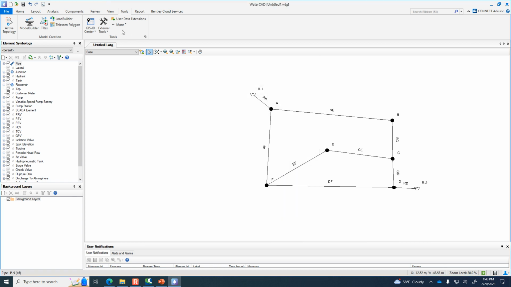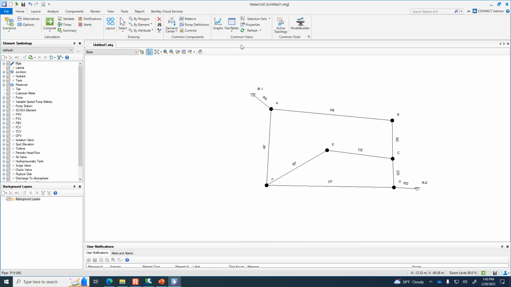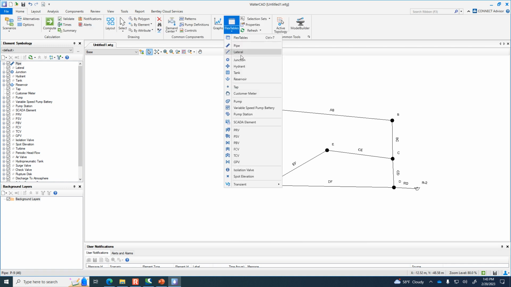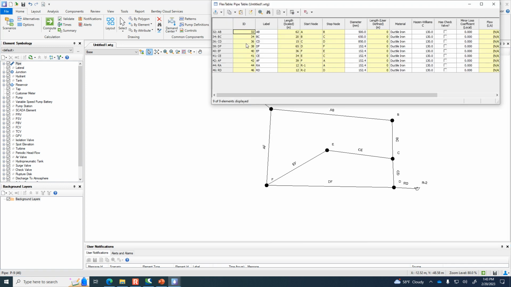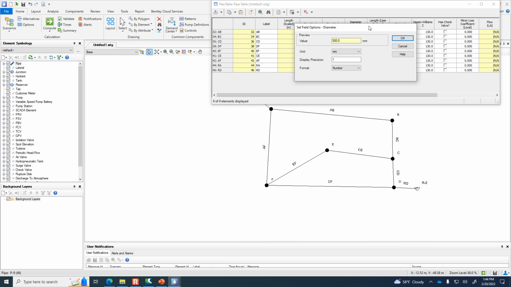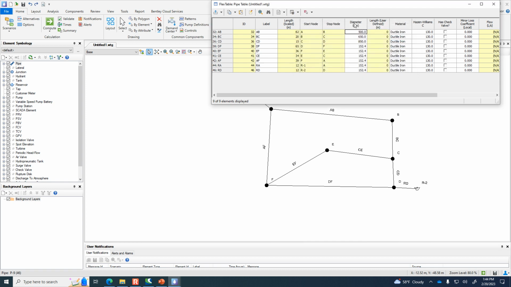Okay. Well, the other move that we just might be able to make is if we go back into the flex table. You said it's still in those units. Go to the right-click on the column, Units and Formatting, and do you see the SI units as an option that you could choose? Yeah. Okay. So choose millimeters. How did you click on the column? Just at the top of it, right-click, and then Units and Formatting.